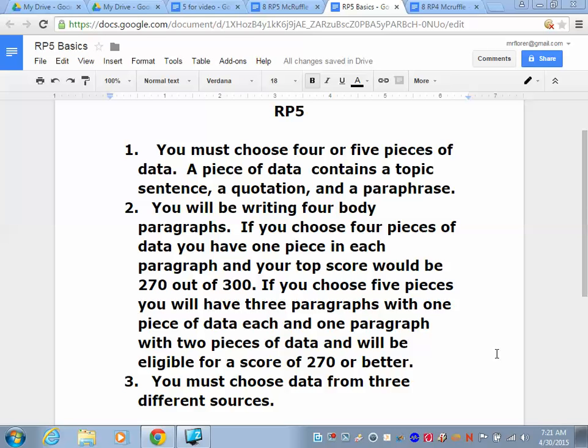A piece of data contains a topic sentence, a quotation, and a paraphrase. I will illustrate this when I make choices. You will be writing 4 body paragraphs. If you choose 4 pieces of data, you will have 1 piece in each paragraph, and your top score would be 270 out of 300, which means that the best grade you could have on your final document would be